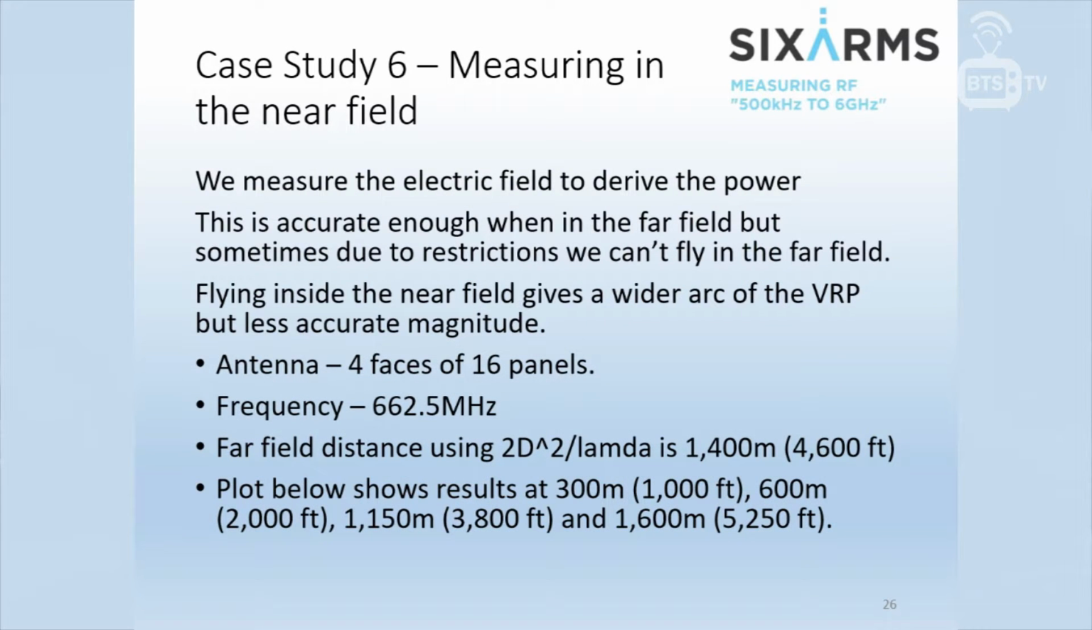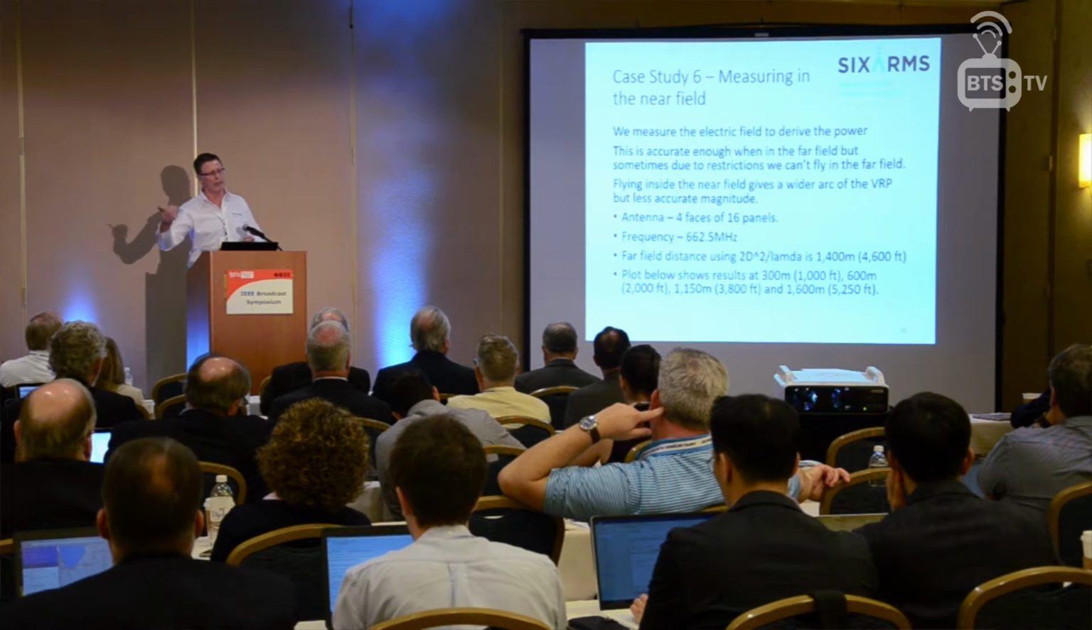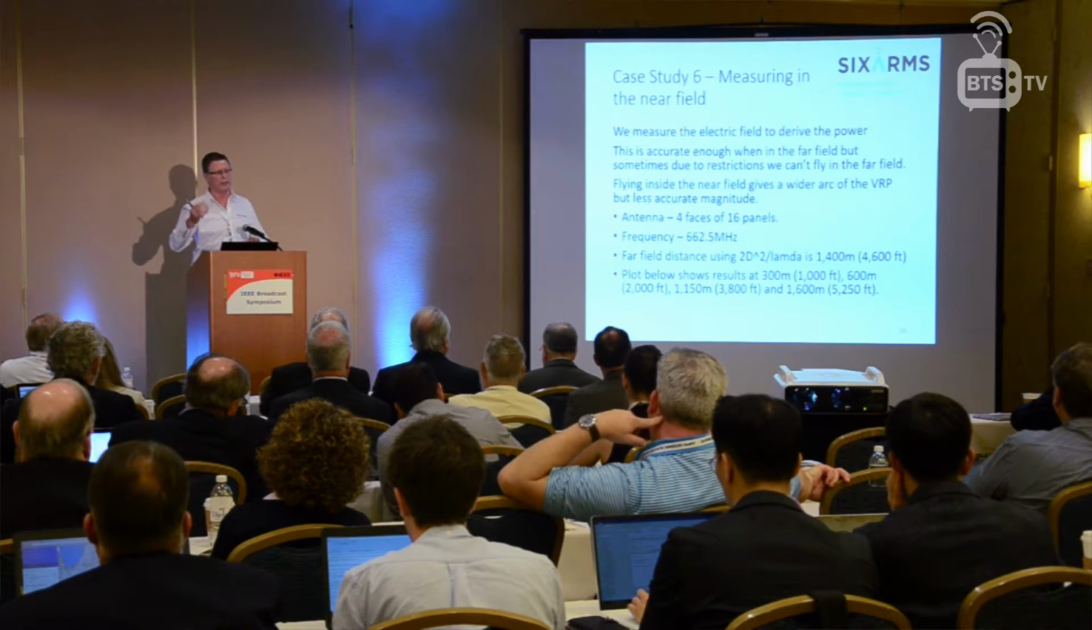So case study 6, just about on time, measuring in the near field. Now I talked about how we did measure in the near field, but what we want to have is the far field. The reason is that in the near field, the electric field and the magnetic field are not stabilised. So if we want to measure power, and we're only measuring the electric field, you need to be in the far field for that to reflect what the true or absolute power is going in